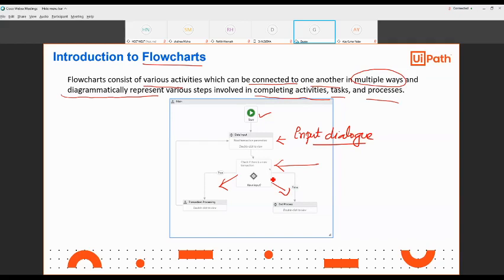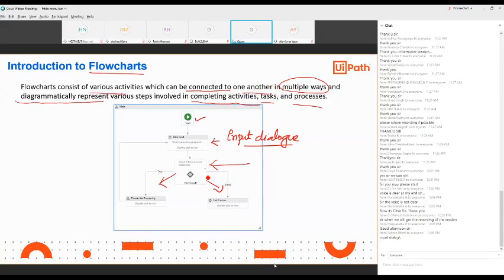Before explaining all these things, you can't say this activity is only implemented with a flowchart, or only with a state machine or a sequence. Any activity, any assignment, any project can be implemented with any one of them. Just to represent it nicely or understand it clearly, we can use different activities.